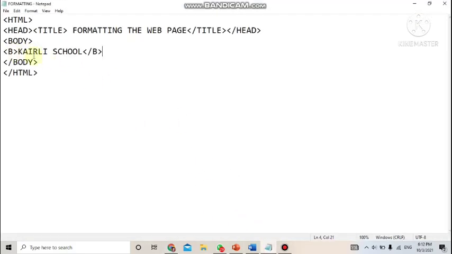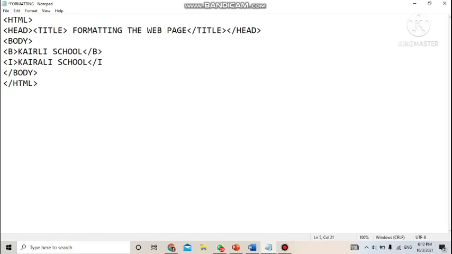Next is, if you want to make the same thing italics. Separately I'll show first. So I'll write Carolee School in capital letters, and before this I'll write the I tag, that is for italics. Italics means slanting the text a little bit, and at last I'll close it.